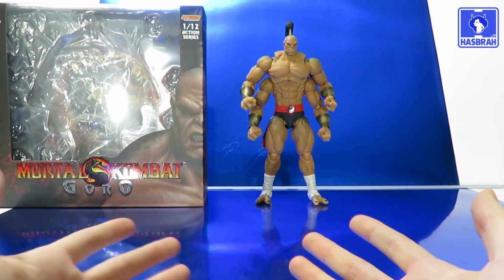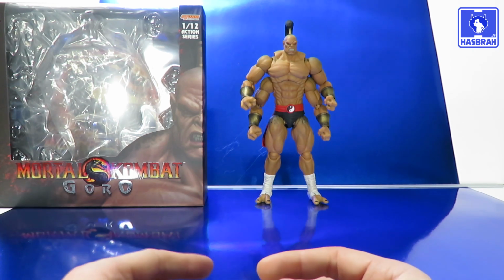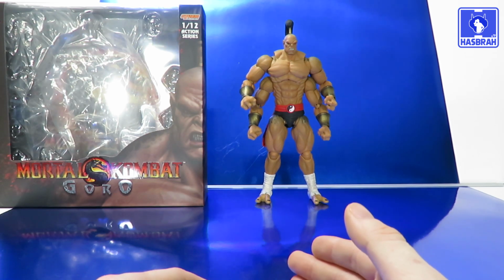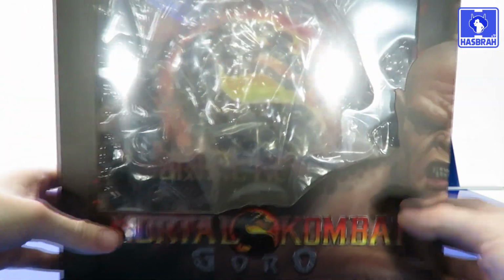Okay, my peeps and peepettes, welcome back to the spotlight of the reviewing station, and today we're going to be taking a look at a very special Mortal Kombat action figure from Storm Collectibles 1/12 Collection Action Series, and this is GORO. This has been a very long anticipated action figure that was first unveiled with the license. So to start things off, I'll take a quick look at the packaging, as I do in every single video review